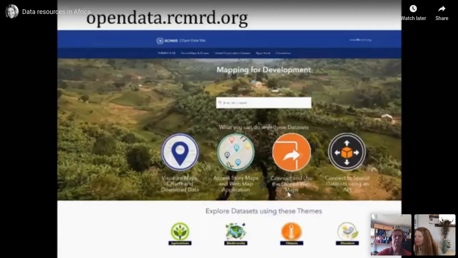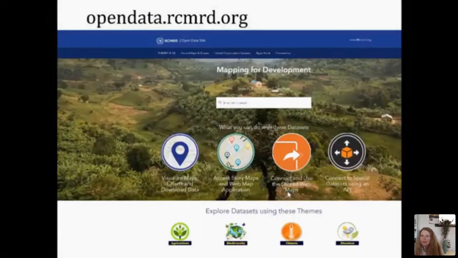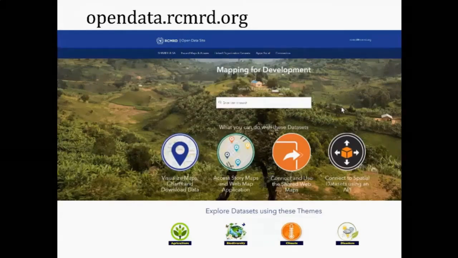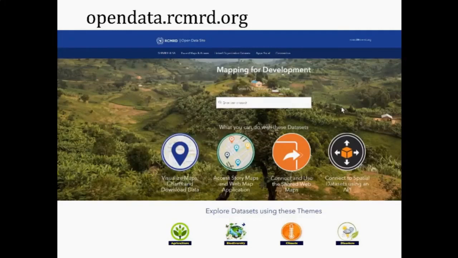I'll start with the Open Data platform. The Open Data platform was actually developed as one of RCMRD's responses to countries' commitments to make data more available. So in support of its member states' needs for data and for open data, this site was created. And it's actually a little bit more advanced. It has between basic and advanced functionality and capabilities, because for users with limited capacity to manipulate geospatial data,